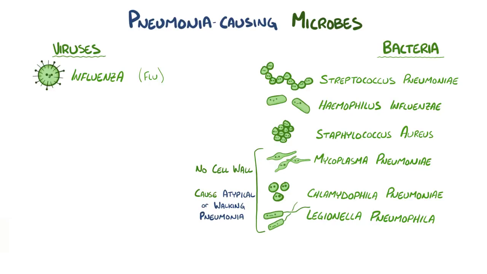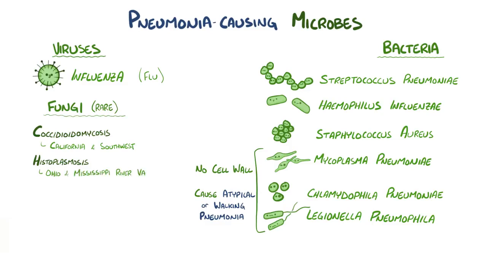In individuals with a normal immune system, fungi are a rare cause of pneumonia, and often it's regional. For example, there's coccidioidomycosis in California and the Southwest, which you can remember because there's a C in both cocci and California, histoplasmosis in Ohio and the Mississippi River valleys, H in histo and H in Ohio, and blastomycosis, which are broad-based budding yeast in the East. You can remember that with Eastern yeast.